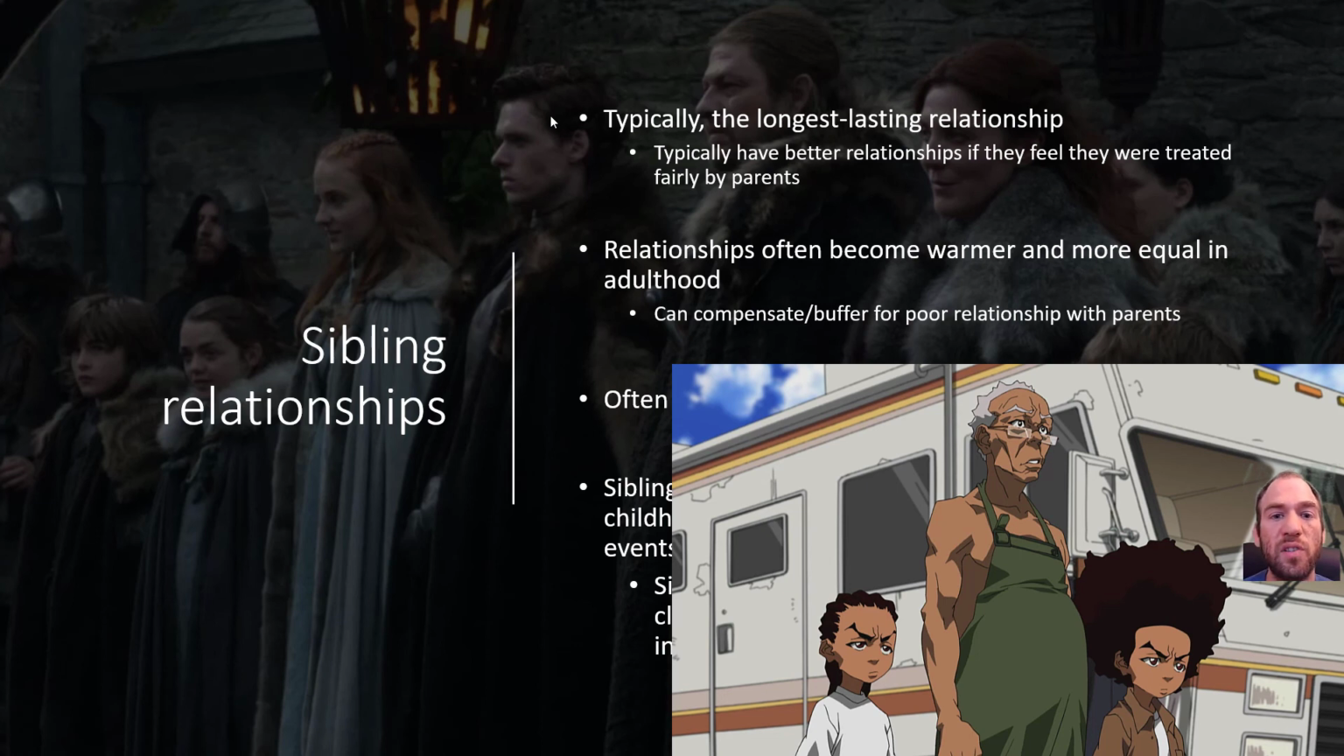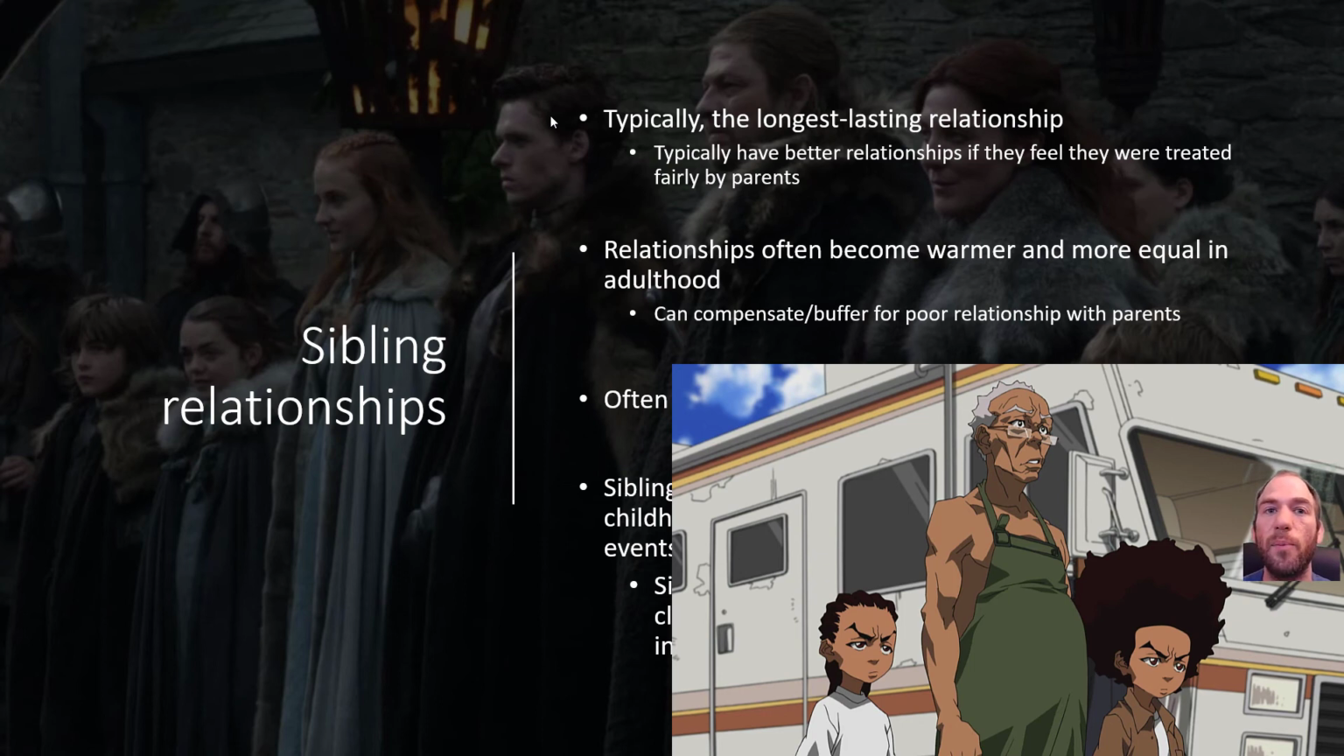Sibling relationships in adulthood are typically the longest lasting relationships. They typically have better relationships. They feel they were treated fairly by parents. Relationships often become warmer and more equal in adulthood, and can compensate for or buffer poor relationships with parents. They often grow closer in age. Siblings who enjoyed a closer relationship during childhood are likely to be drawn closer after significant life events, such as a parental death. Siblings who had a poor relationship growing up may clash in response to the same event,